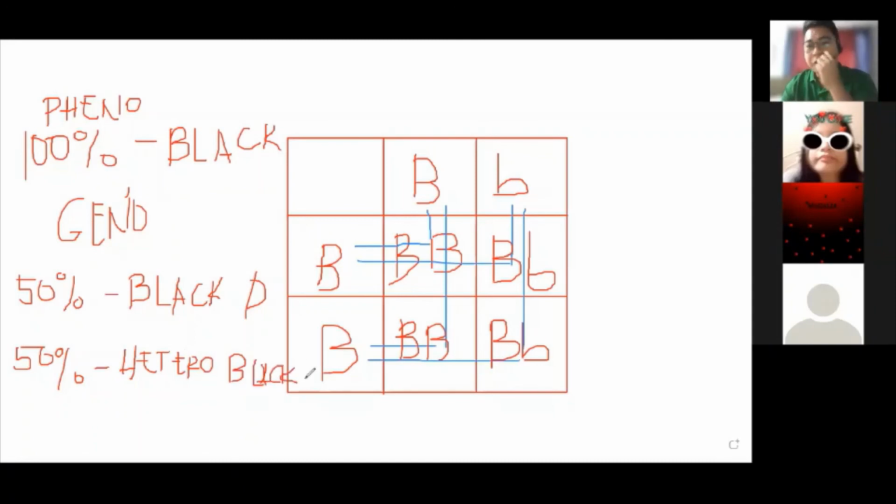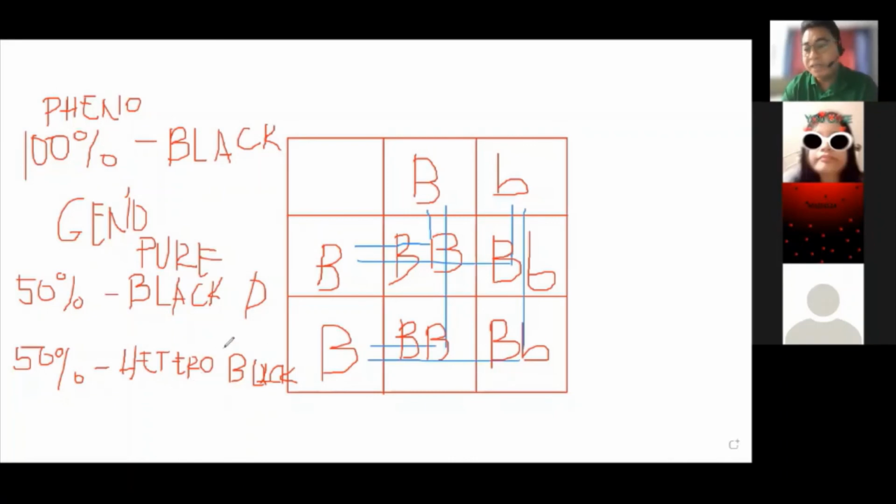Okay. So, ayan yung geno natin. We have the pheno, which is 100% black kasi nga, black ang dominant genes natin sa lahat. We have the black dominant gene. And then, for geno, we have 50% pure black dominant, and then 50% na hetero black na genotype.